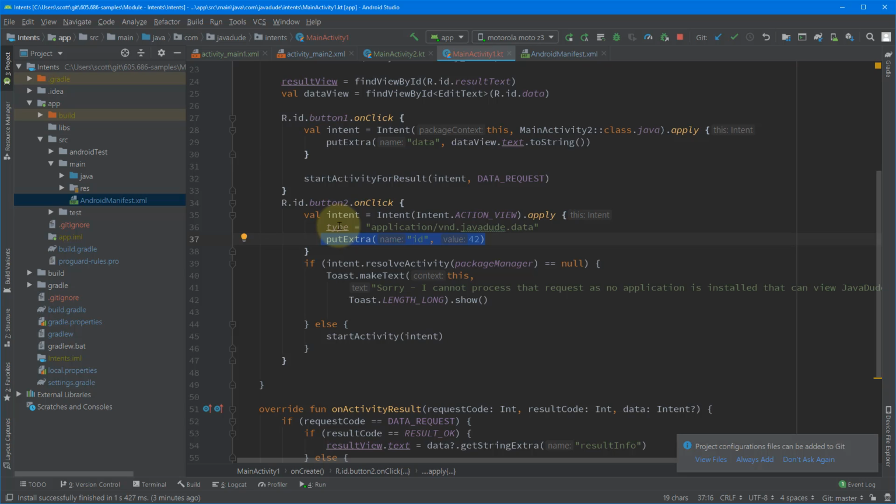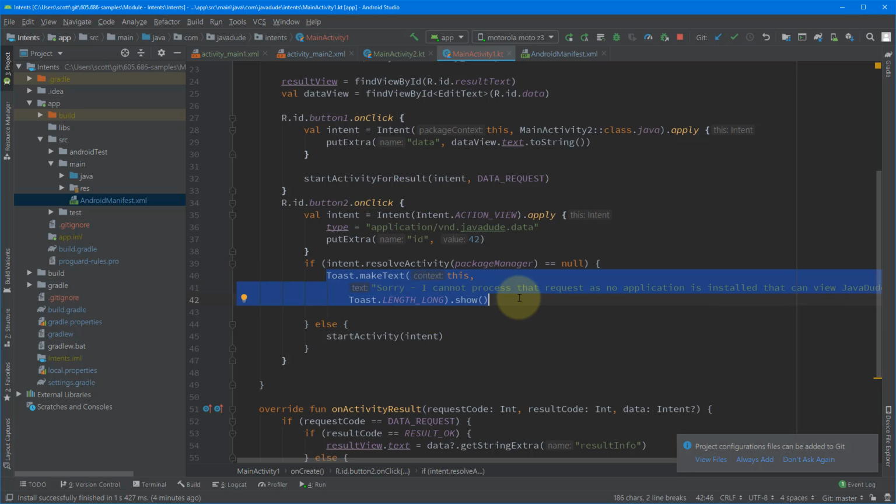To see if we can actually go there, we can call intent resolve activity, passing in the package manager. Package manager, there's a getter for him called get package manager, surprisingly enough, that's going to return the package manager instance. And intent resolve activity will tell you what activity is going to handle it. Typically, all you care about at this point is if it's null or not null. So I'm going to say if it's null, I'm going to report to the user, sorry, I can't do that